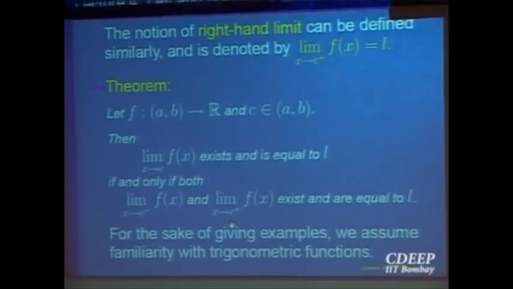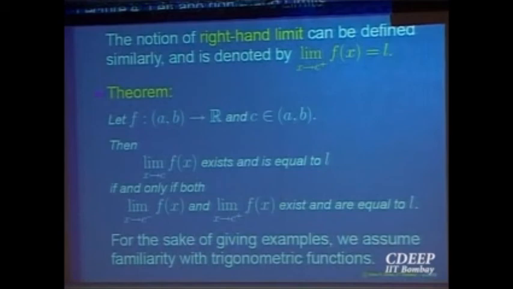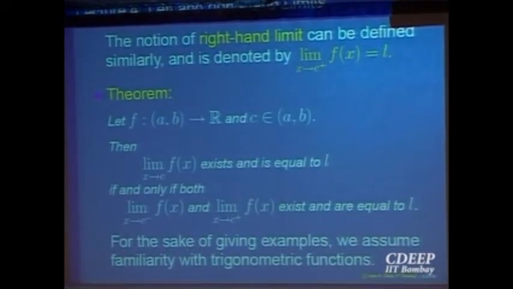Or split your interval in the epsilon delta definition into two parts, because it happens for every x with |x minus c| less than delta, which is the same as saying c minus delta to c and c to c plus delta.